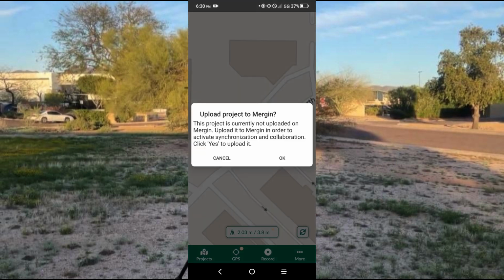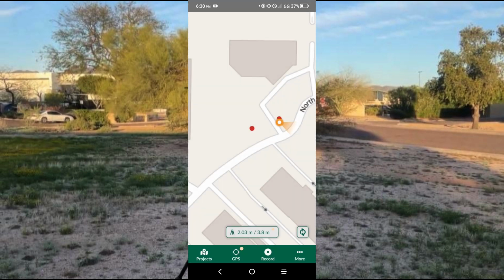We'll just hit the refresh. Since we're connected to the internet, we can upload this to Mergin. We'll hit OK. And it's just as simple as that. So it'll just take a little bit of time to send all that data up. Obviously with the photo, it's going to take a bit longer, but you can see it just synchronized,